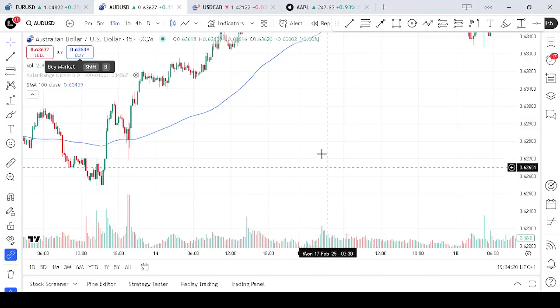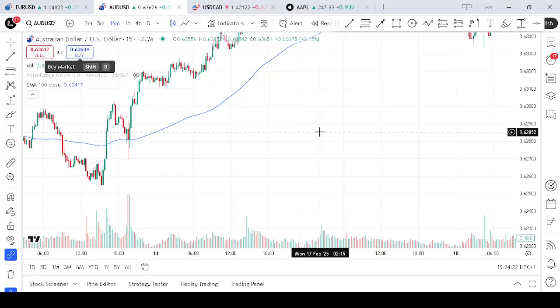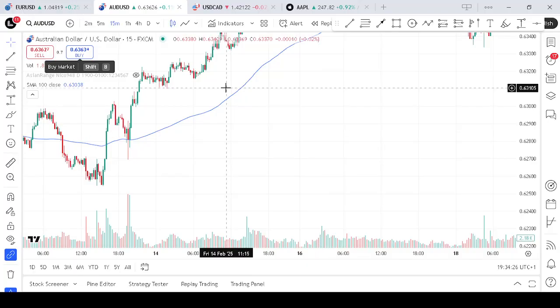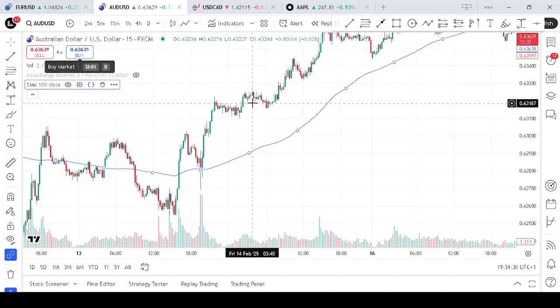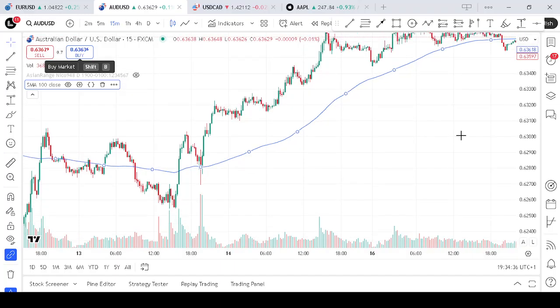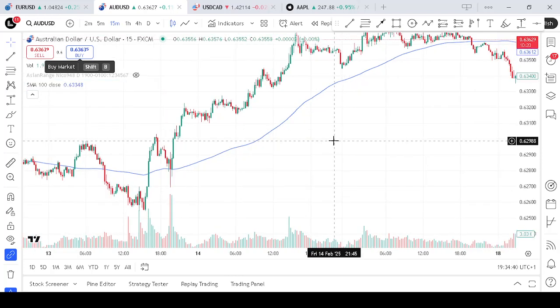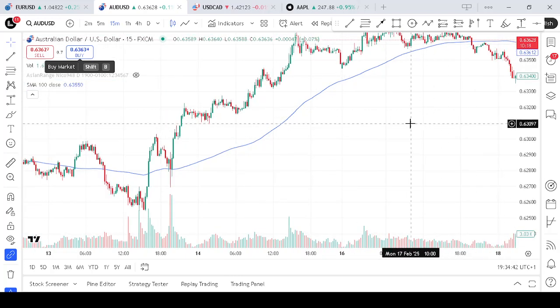Remember, the key difference between a deep pullback and a trend reversal lies in the overall market structure. In a deep pullback, the main trend remains intact. You would still see higher highs and higher lows in an uptrend market, or lower highs and lower lows in a downtrend market. This distinction is crucial for your trading success. So let's see how we can trade using the deep pullback